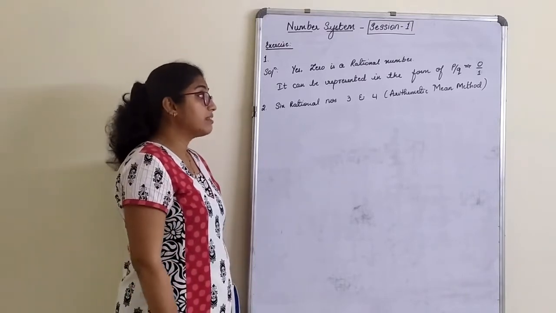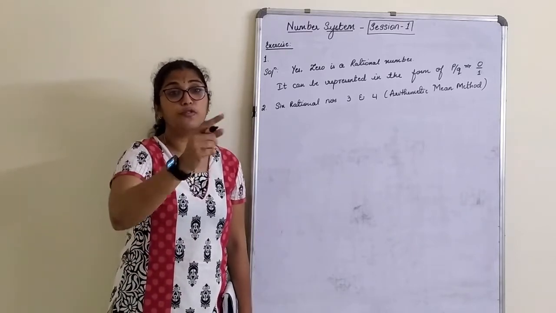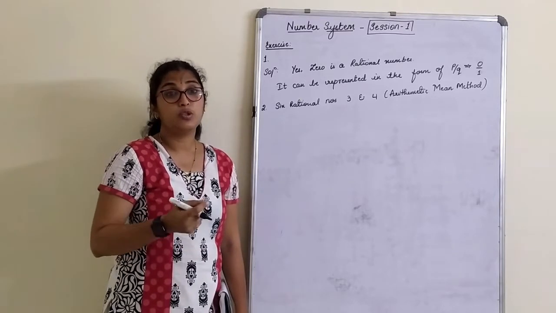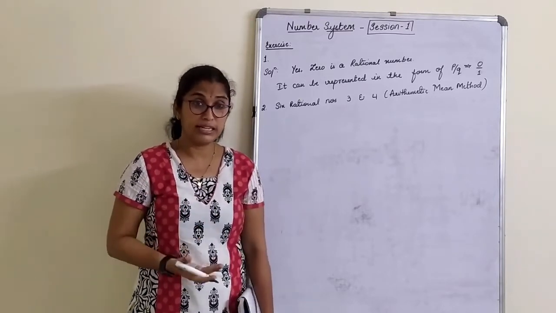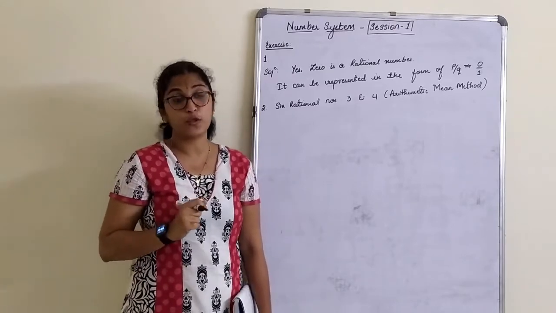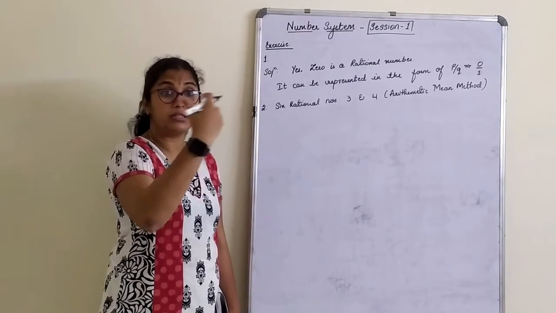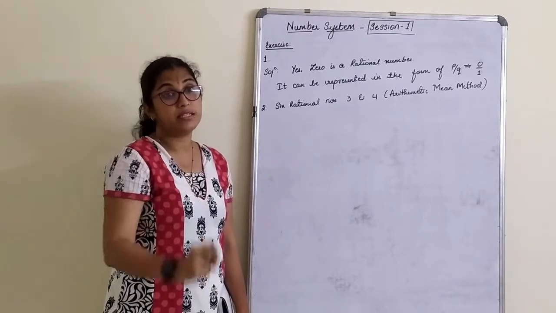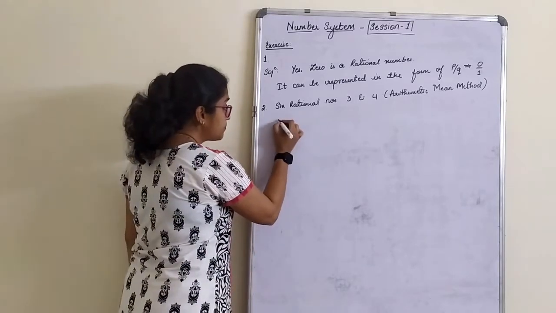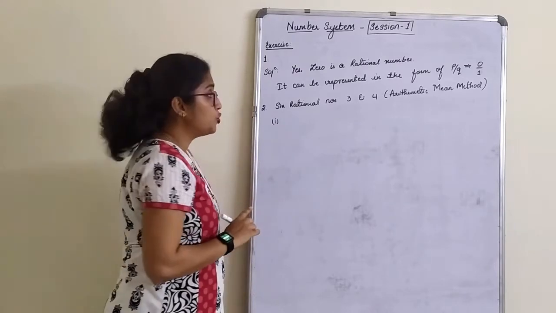So what is this arithmetic mean method? What do you mean by mean? Mean is the sum of the numbers divided by the number of numbers. So we take the average of your marks, right? What is average? Sum of the scores divided by the total number of scores. Similarly here, it is nothing but taking the sum of two numbers divided by the number of numbers, that is 2. So how do we do the first step? We will do it stepwise. I'll do both the methods and show you.